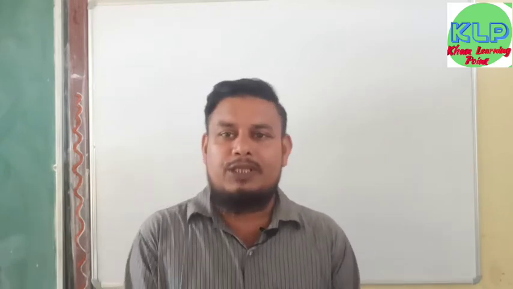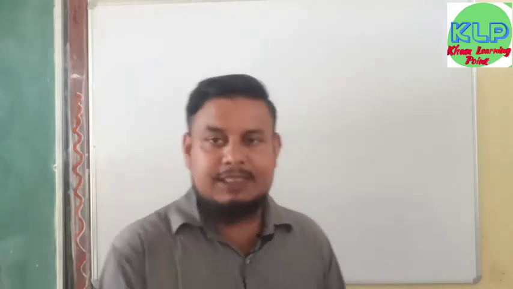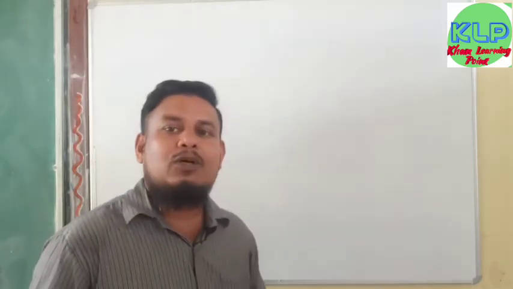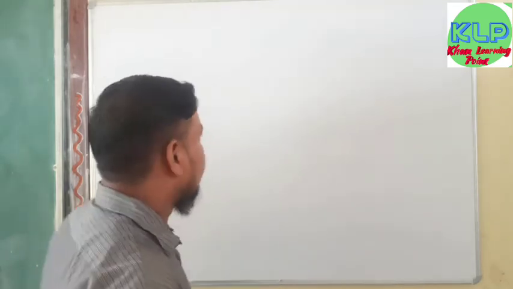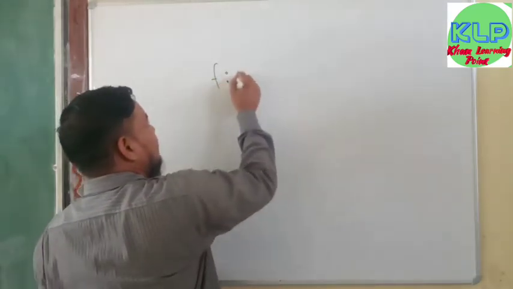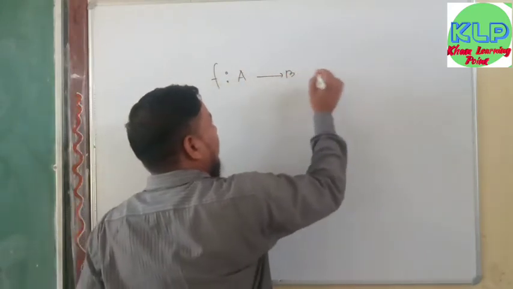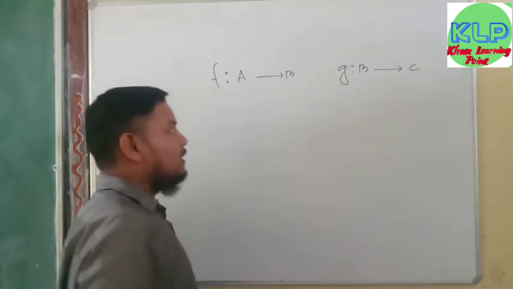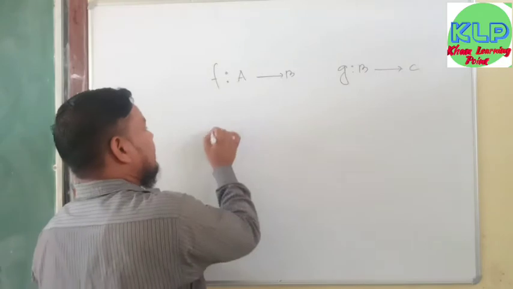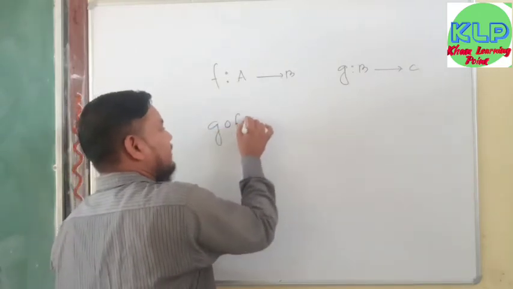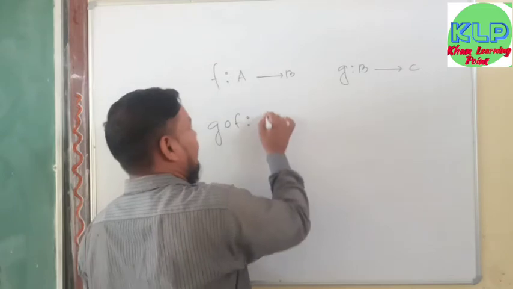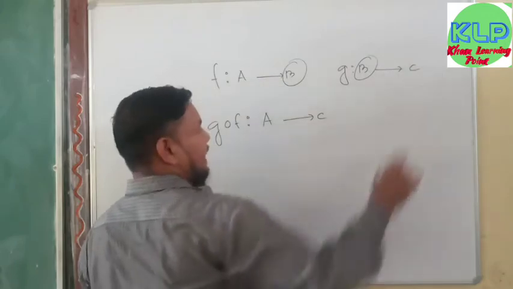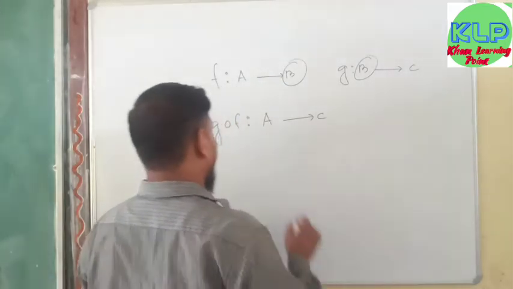Before starting exercise 1.3, let us see something about my last videos where I taught the composition of two functions. If f is a function from A to B and g is another function from B to C, then the composition of f and g is denoted by gof, a function from A to C, which is defined by